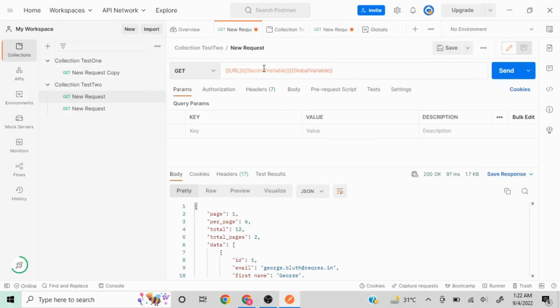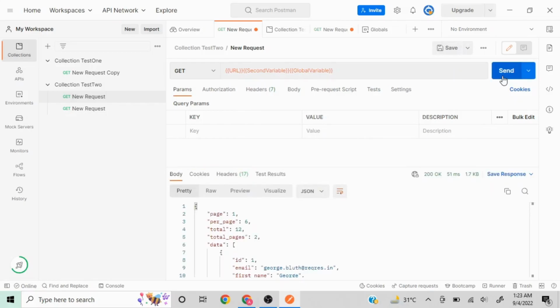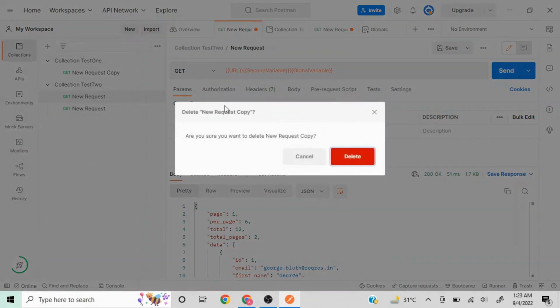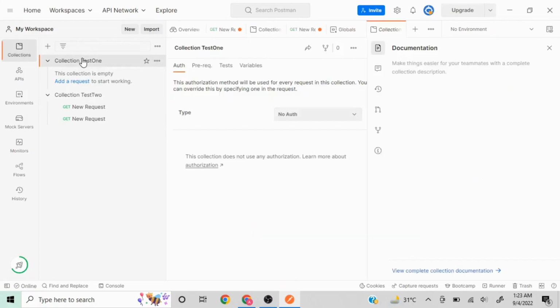So these two are local to this particular collection, but this is global. So if you see, if I hover over this, scope global, scope collection. Now if I click on send, it is going to work fine. Okay. Now I will just create a new request here with the same URL, or let me copy this particular request and put it in another collection. And if I paste this here,